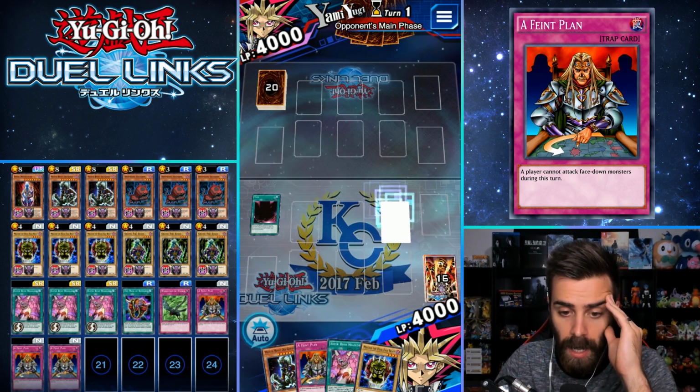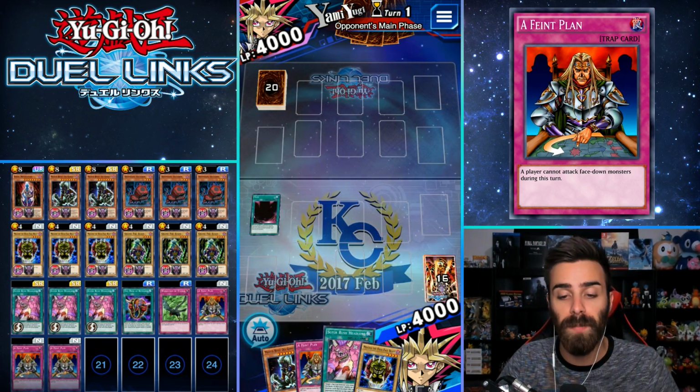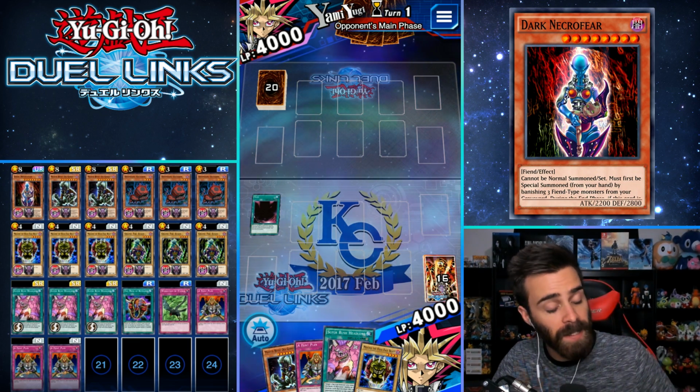You know? We go second this time, and we open up with a Faint Plan and Super Rush Headlong. It's already looking so much better. Now, if we draw a Doom Dog, we're gonna be set. I bet we're gonna be set. It's so cool because